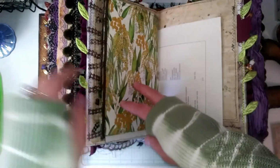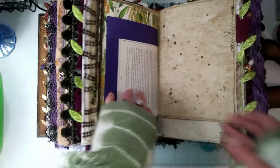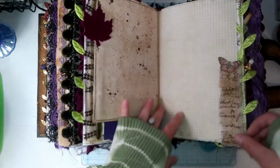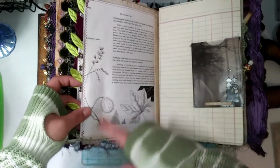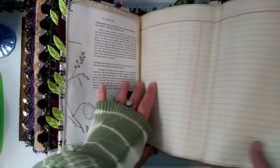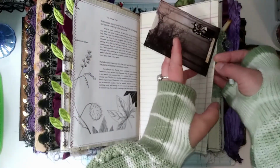More of this really, I say cute and cool and beautiful a lot, but this really neat trim that I got from Kim. This is the other side of that herbal page. One little felt leaf here as a tab. Ruffled fabric. This is the other side of the flower book. And then the ledger here. So this one folds out nice and big as well. And then paper clip to this is just a little handmade